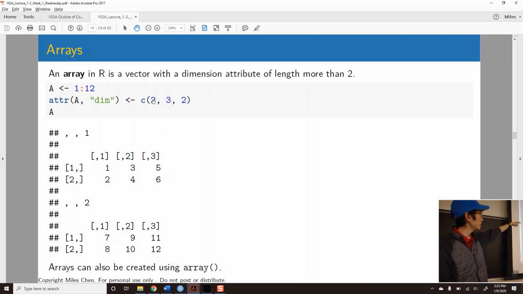Okay, and it fills out in the order of these dimensions, right? So it fills down the rows, 1, 2, 3, 4, 5, 6, then across the columns. Once this sheet has filled up, it moves to the second sheet, and it fills this out 7, 8, 9, 10, 11, 12. And this is an array, and this now represents a 3-dimensional structure. I guess you can think of it as like your 3D